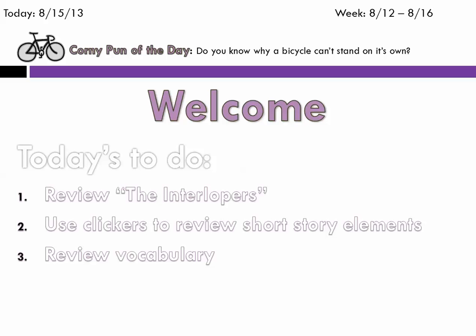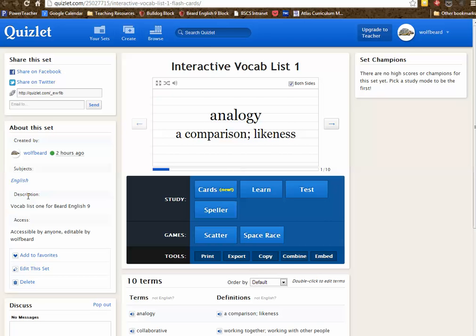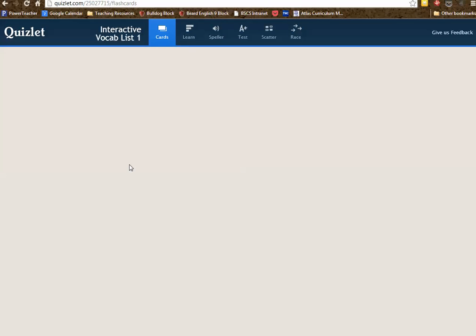Then we reviewed vocabulary by finishing up our vocab packets, by using flashcards, and by playing a board race game. So if you go to my Twitter page or just follow my Twitter feed, you can see I've been putting on flashcards. If you click on this link here, this is just a way for kids to study on their phone, for them to review at home. So on the phone it'll look a little bit different. It'll look like this if you click on this card,